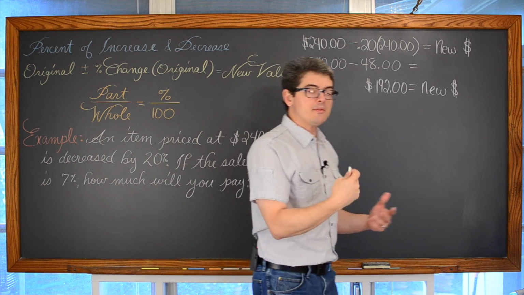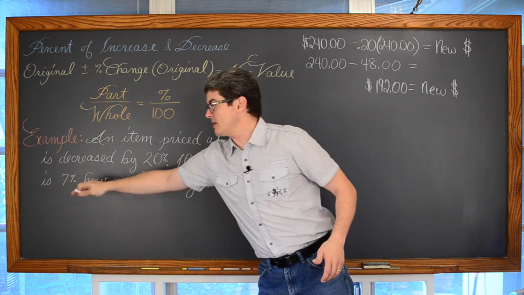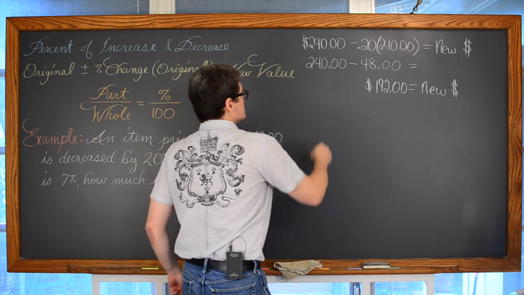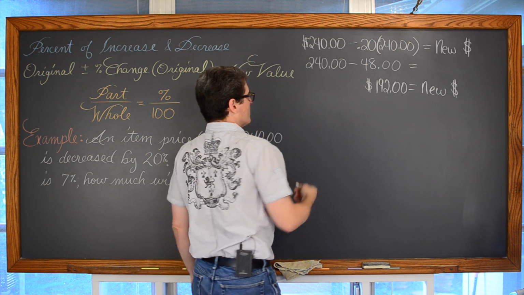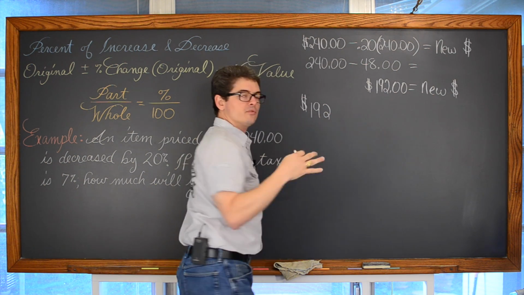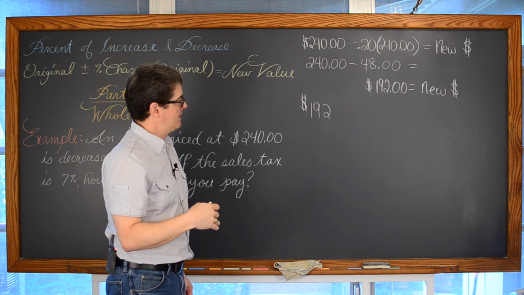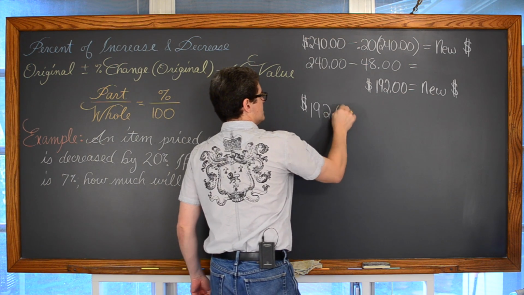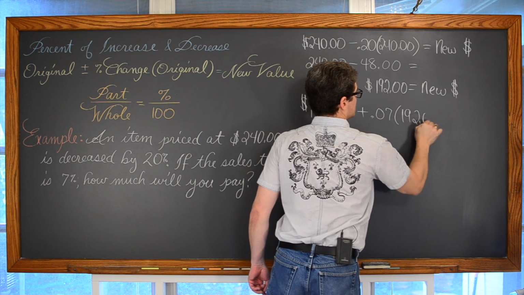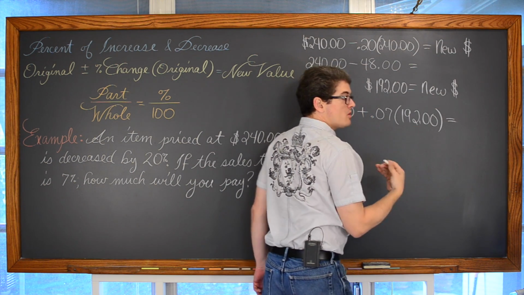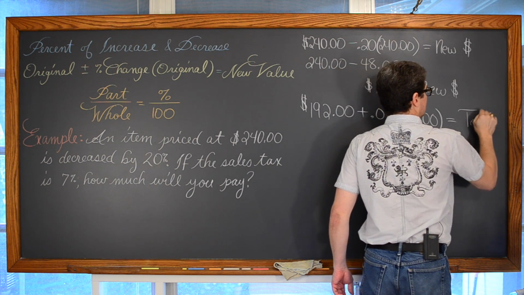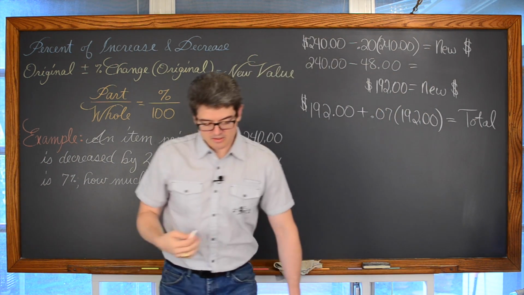And now that that has been done, we're going to add in that sales tax. Now we're going to bring the price back up a little bit by 7%. So it's going to be my sort of new original price, if you will, $192. Well, now let's keep those zeros there. Plus 0.07 times 192.00. This is going to be the new cost, the total price after the discount is applied and the taxes have been increased.